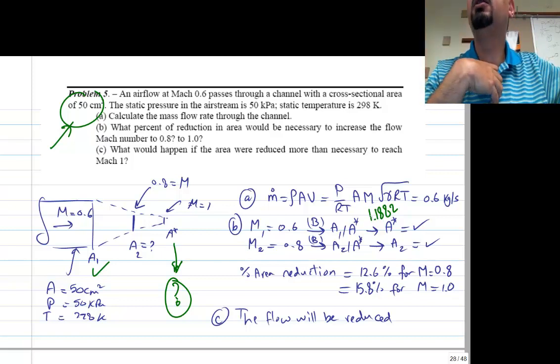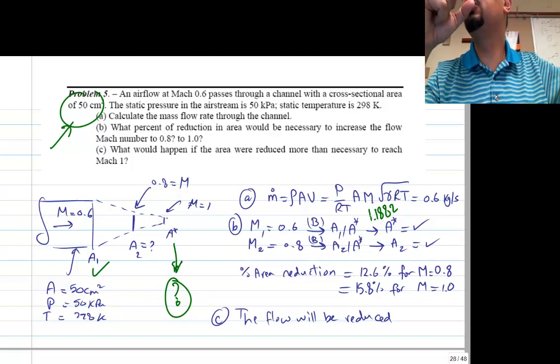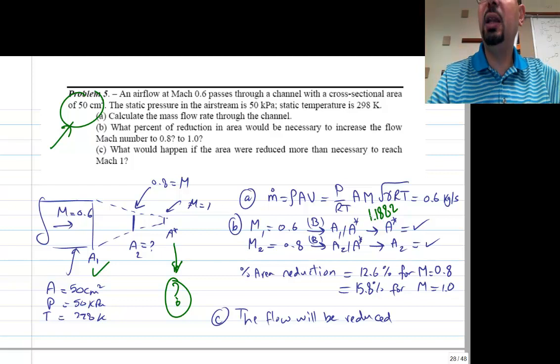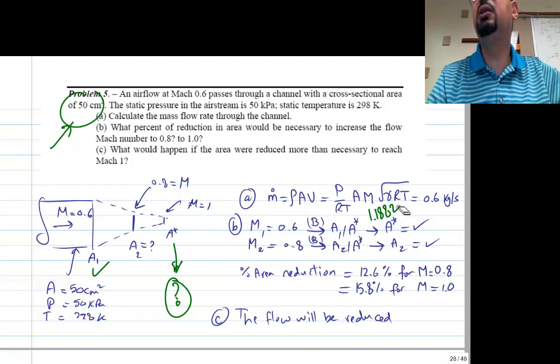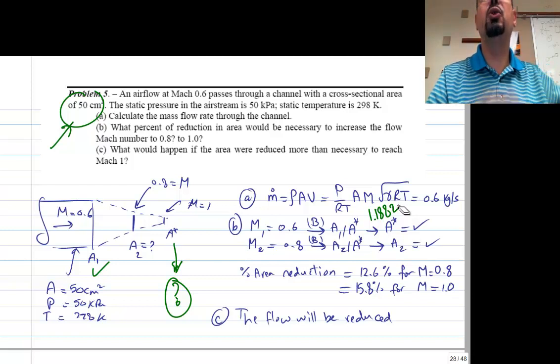So you have area 1, that's the 50 centimeters. So area star would be a little bit smaller, right? You get that area star, that's what you need to go to Mach number equal 1. You got it? Okay, so area star,